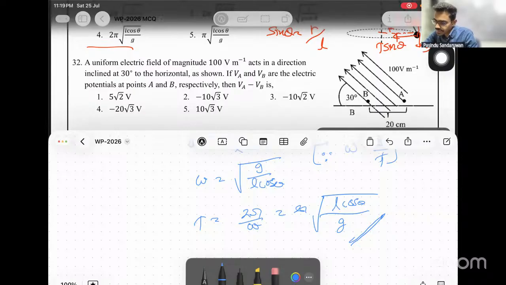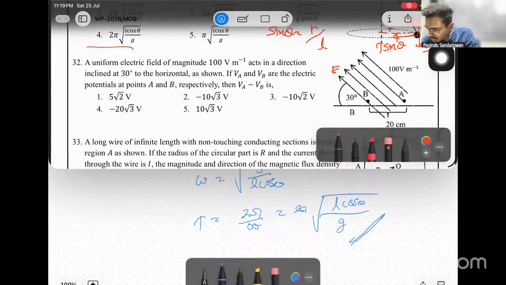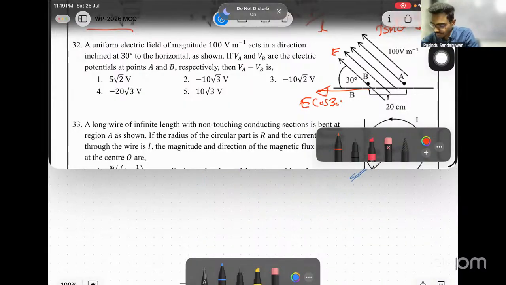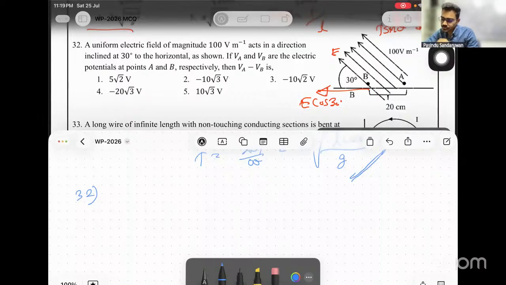32. Now, if this is the direction of E, the component which acts in this direction is E cos 30. So with that, let's go to question 32. A uniform electric field of magnitude 100 V per meter acts in a direction inclined 30 degrees to the horizontal as shown. If VA and VB are the electric potentials at points A and B respectively, then VA minus VB is